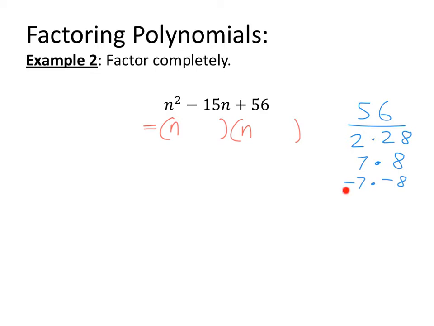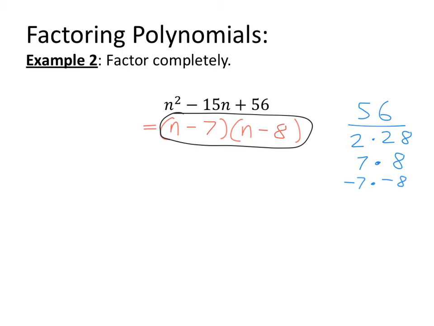And then also the negative 7 plus the negative 8 will give me the negative 15 that I need. So my factors, I'll have a negative 7 there and a negative 8 there. And that would be my final answer. I would circle that, but I could definitely go through and check just to make sure that I factored it